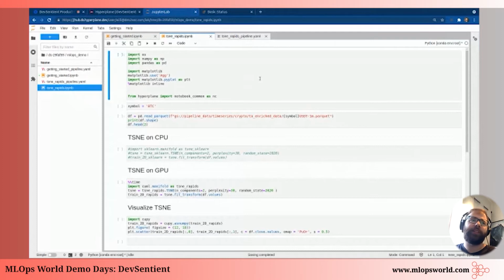So one thing that we've done in Hyperplane is we've done some interesting optimizations so that you can work with large libraries like these GPU accelerated libraries without having to have that user experience of really waiting a long time for these images and libraries to be initialized.